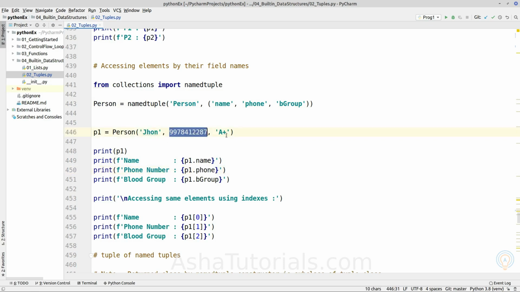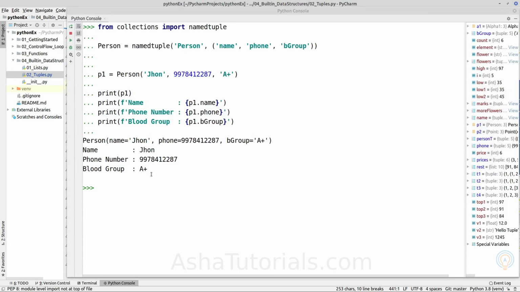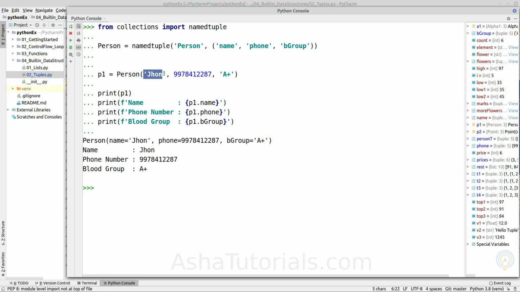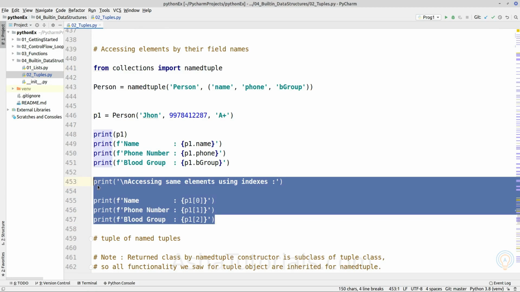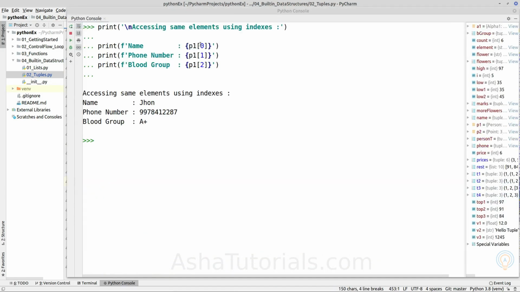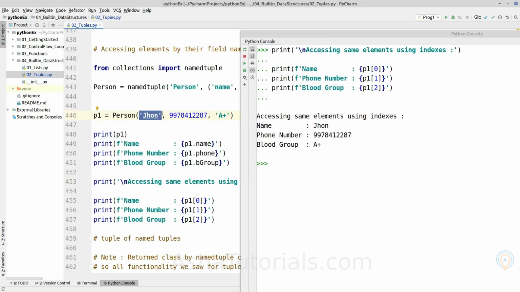Same way for the other elements. Let's execute it. As we can see here, we are able to access each element by its given name. In the same way we can access the same value using indexes too. If we write index 0, as we know that it is this element, it will return that element, and so on.